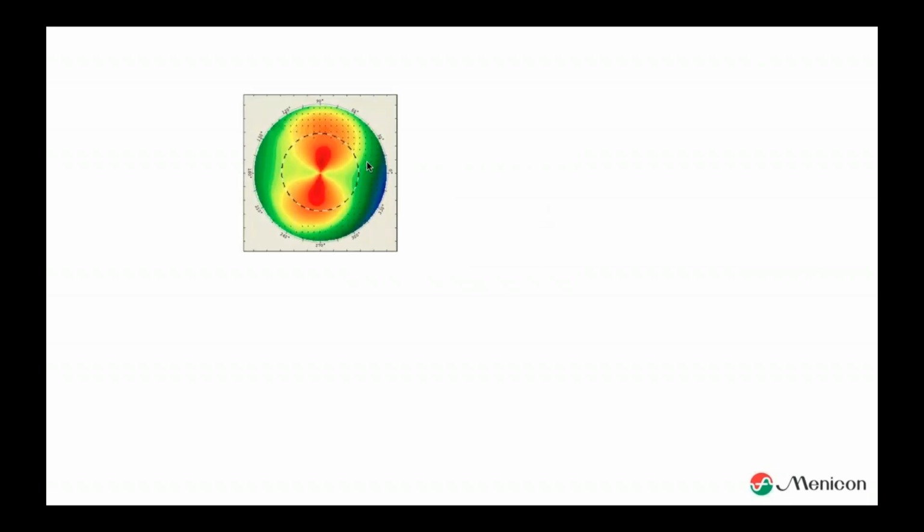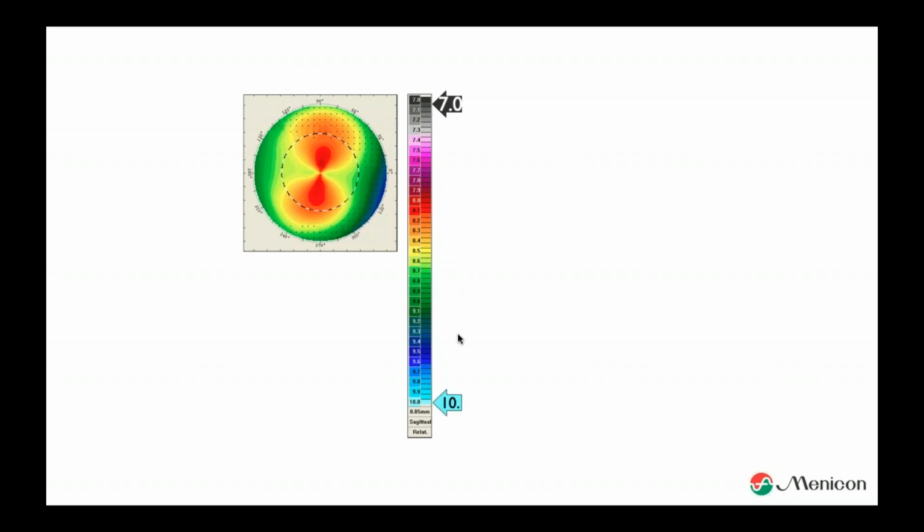What you see over here is a central astigmatism, a corneal astigmatism with the rule in the sagittal map. And what the topographer is doing, if we look at the relative scaling, which for the Medmont users is the normalized scaling, is this: this is from an Oculus topographer. These are all the colors I can show you. I have no more colors to show. But in this image, the steepest part is 7.0, and the flattest part is 10.0. And what it is doing is adjusting the scaling to the image.